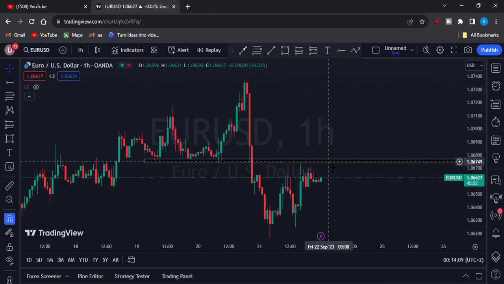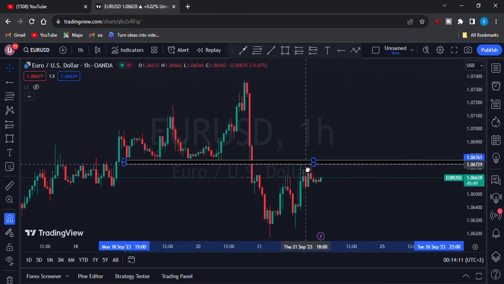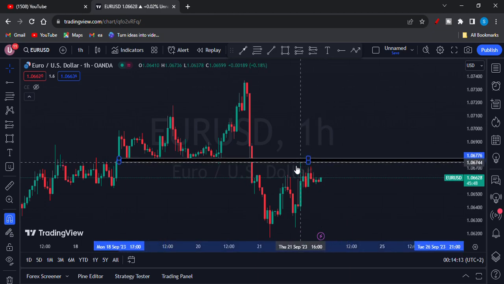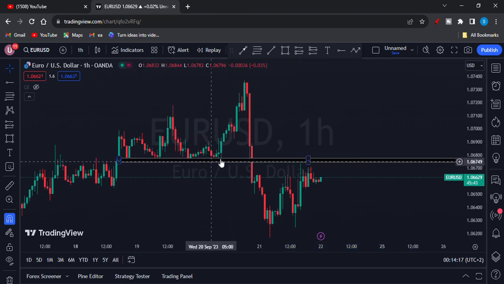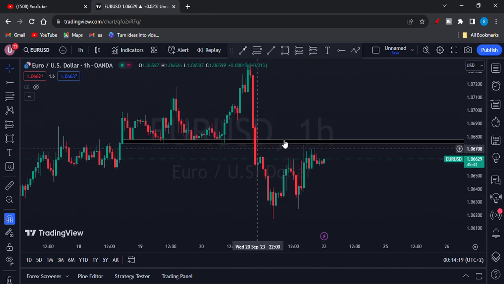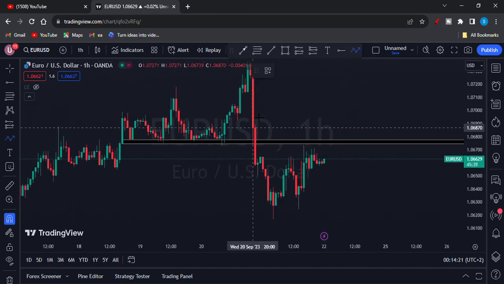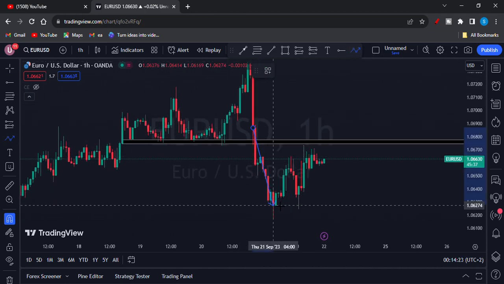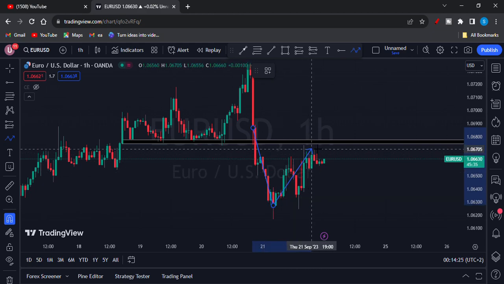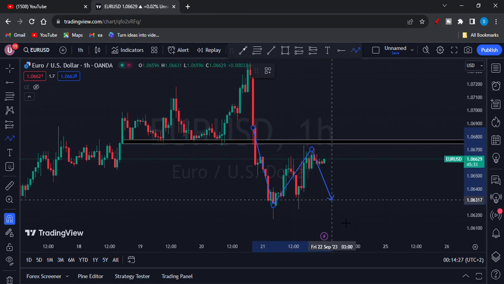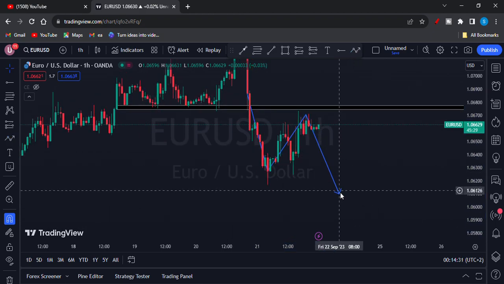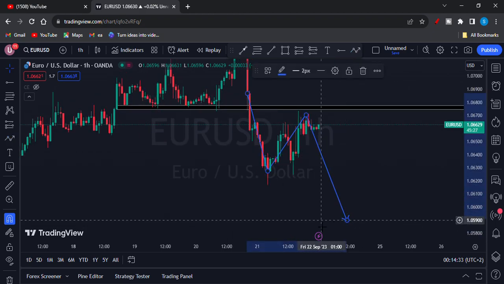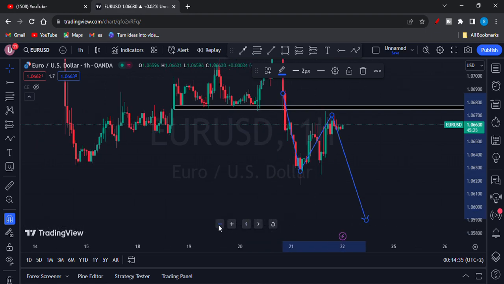And then let me just drag this up to here. Okay, so we have this support area, and then we finally broke this support area. So it seems like now we're coming to tap into this former support area, and then we're going to push to the downside. And then potentially up to